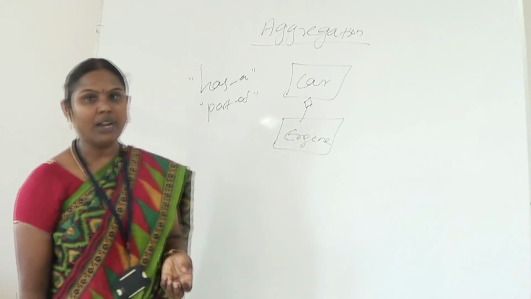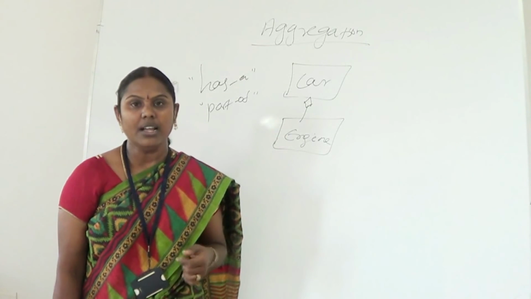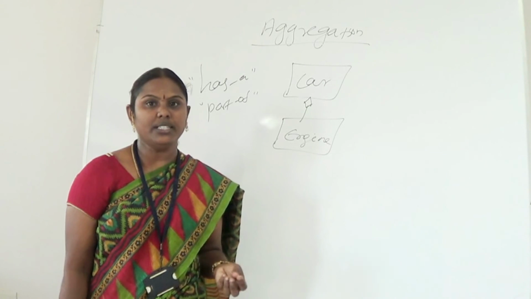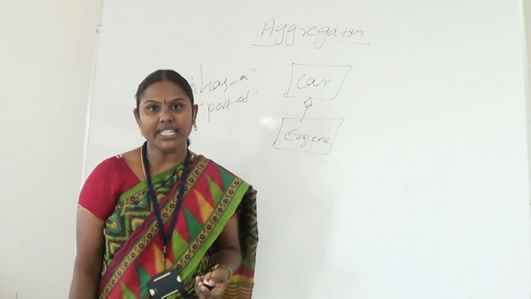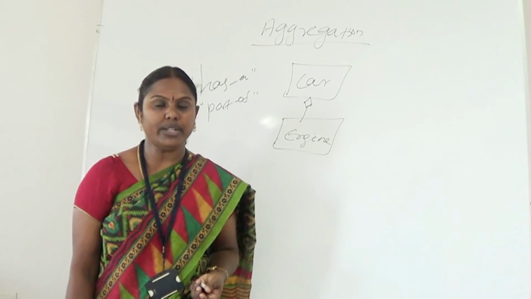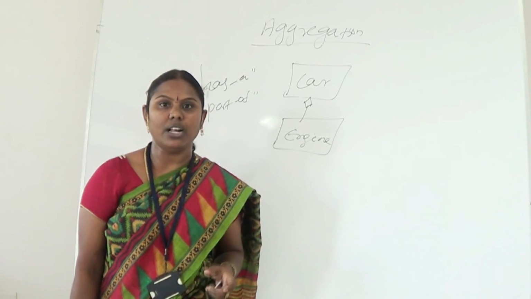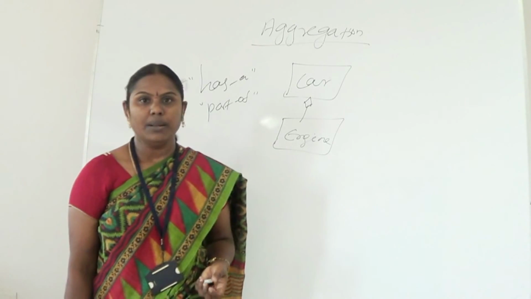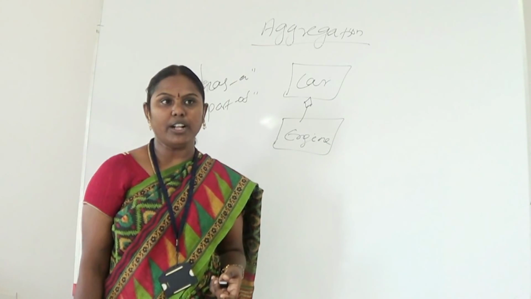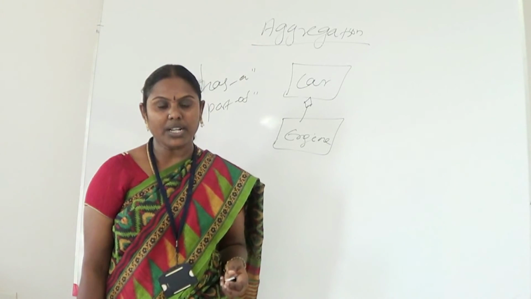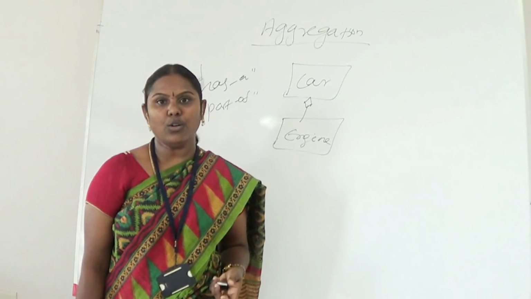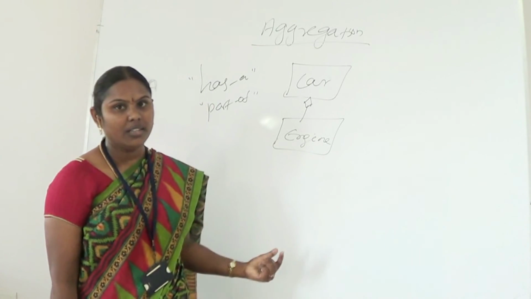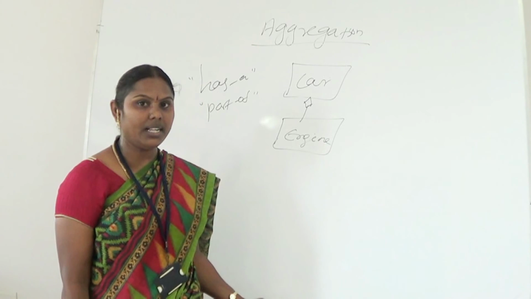So aggregation has two things: one is physical containment and the other is conceptual containment. Physical containment specifies the physical components. We can take a computer system as an example. A computer can have a lot of components such as monitor, CPU, keyboard, mouse, etc. This is an example of physical containment. Conceptual containment specifies a has-a relationship, for example a set model has a set. So we have to specify these two things in aggregation, physical and conceptual containment.